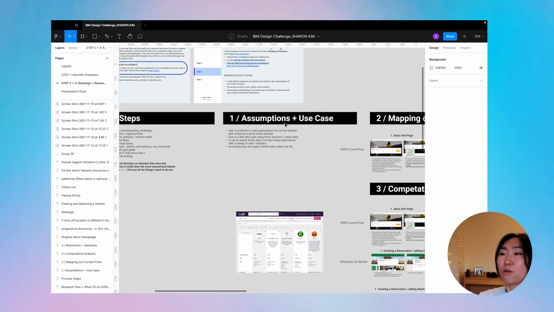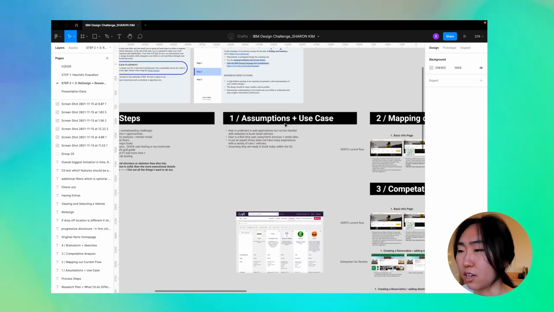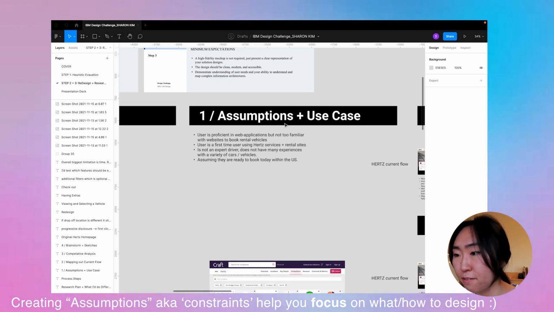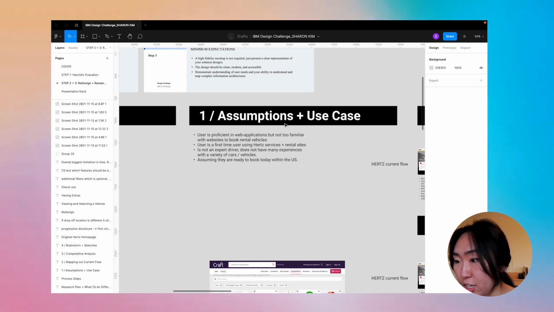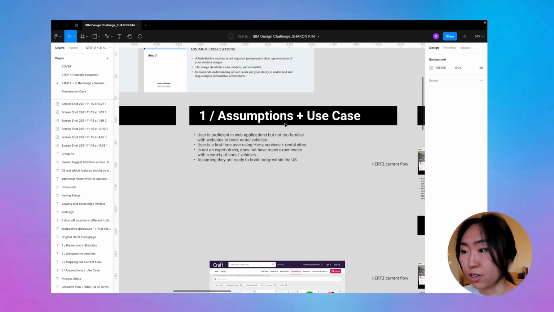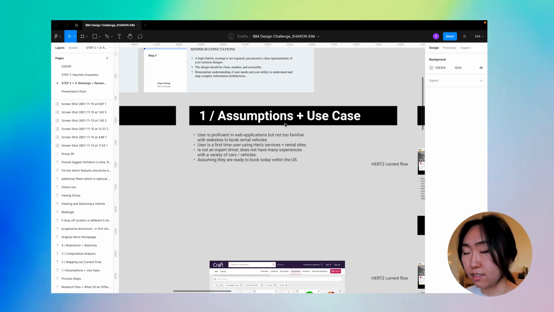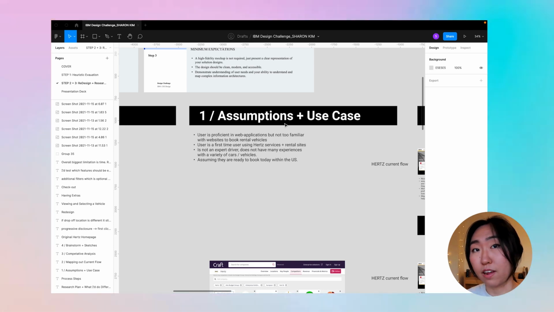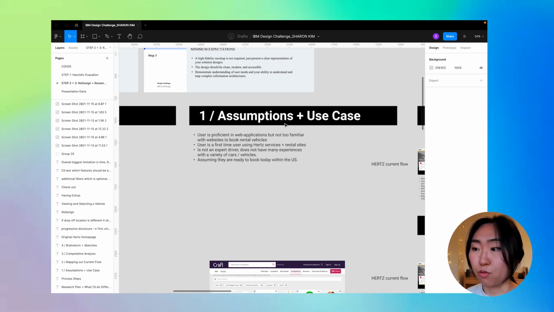So first, when approaching this redesign, I want to address any assumptions that I may have. I made some assumptions, like the user is proficient in web applications. However, they're a first-time user using Hertz services, rental sites. They're not an expert driver. They may not have many experiences with a variety of cars, and I assume that they're ready to book today